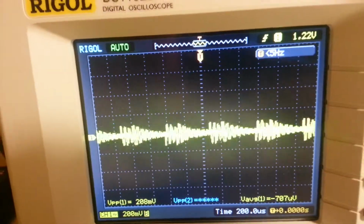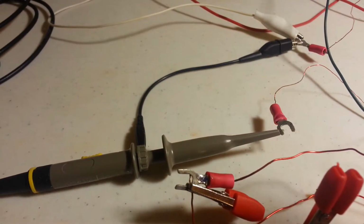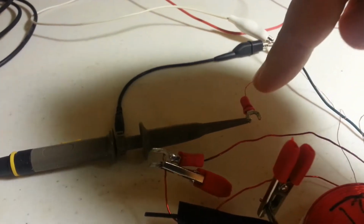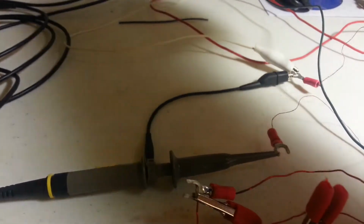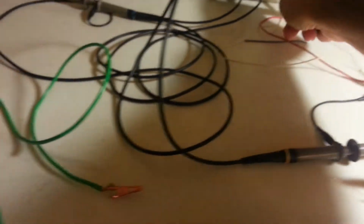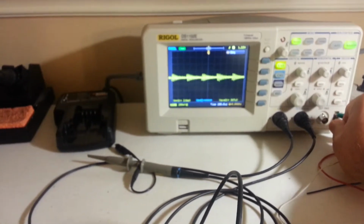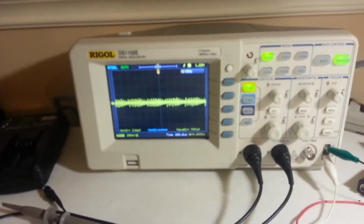And this right here, the way I've got the coil set up, a little bit different from Michael. I have the probe going to one end, I have it short-circuited to the ground at the other end, and then I have that ground going to the ground inside the scope. Let me remove that ground and see if anything changes here. No, nothing changed at all. So I'm not even sure if that did anything, but anywho,